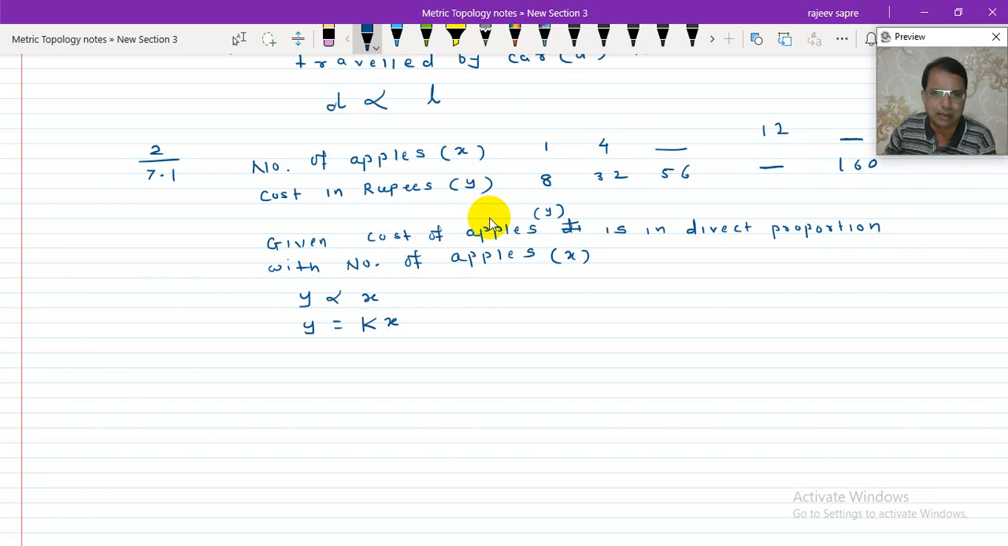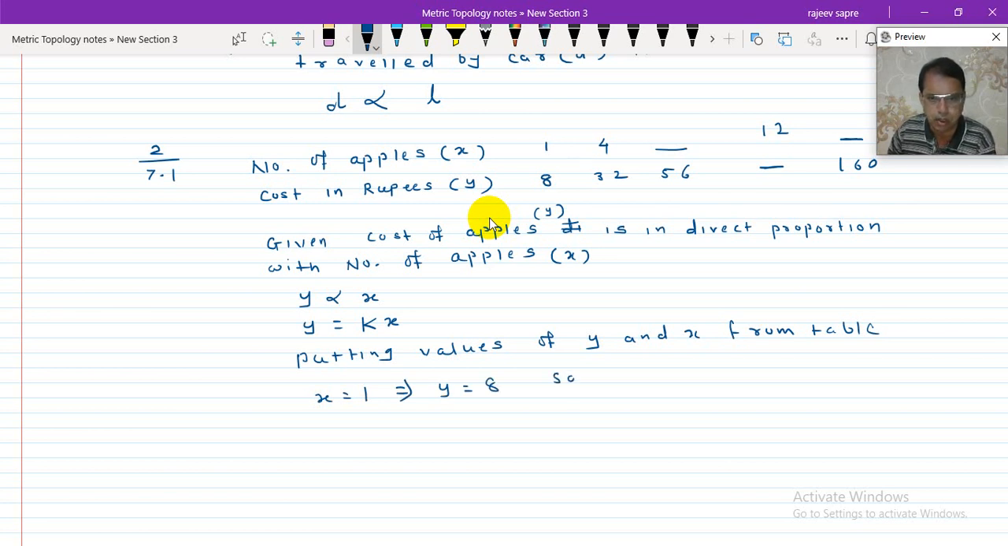Now you can see the table. What is given when x is 1, y is 8. Okay, so if you put the values here, we have to find k first. Putting values of y and x from the table. See, when x is 1, y is 8. x is 1 implies y is 8. So इथे जर आपण टाकलं y is equal to kx मध्ये तर तुम्हाला असं मिळणार y is equal to k into 8. म्हणजेच 8k is